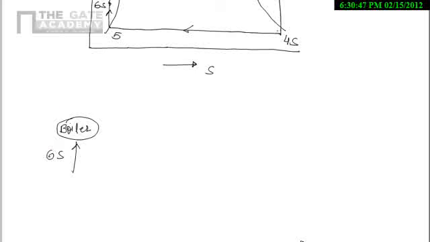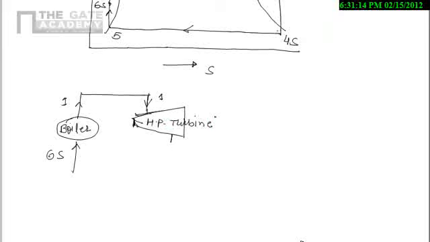Water is entering at the 6s state and it is leaving at 1 as per our TS diagram, and from 1 to 2s it will expand in the first turbine, that is our high pressure turbine,